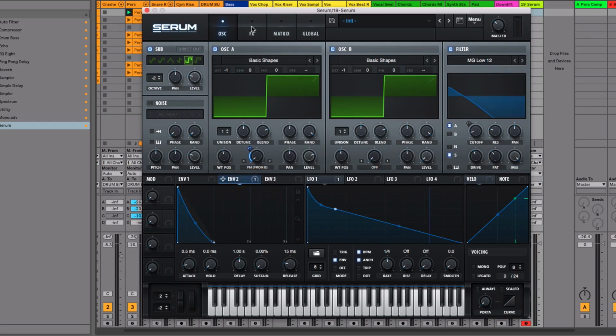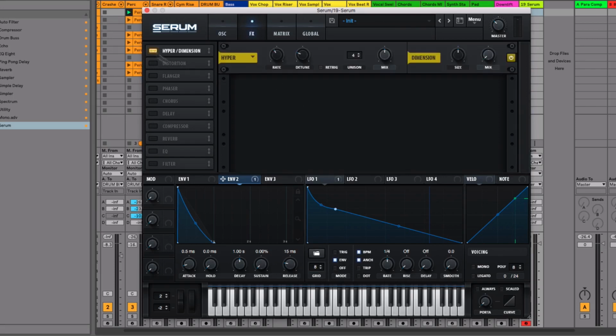Now what we're going to do is add some effects. I really like this hyperdimension effect, although you need to be really careful with using it on basses, because basses should be in mono, and this can add a little bit of width, and if you use too much, it can sound really strange. So we're going to take that all the way down for the hyper section, and the dimension, we're going to take the size down. We don't want it to be massive, and we want the mix knob to be just up, because you can hear that starts to go a bit stereo and wide, which is really cool, but it's not really a bass effect unless it's